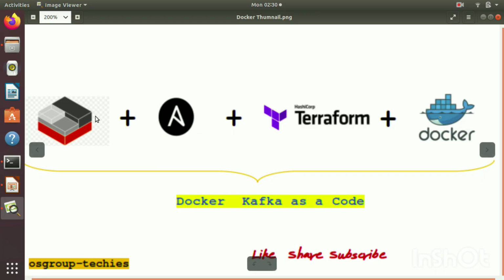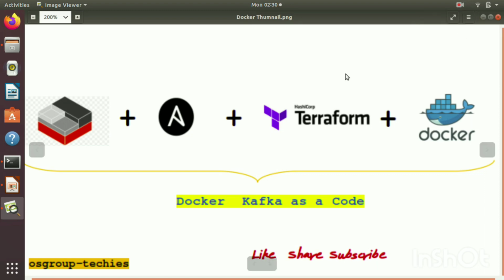Now we are going forward, and we are going to use Linux containers, Ansible, Terraform, and Docker. Linux containers for your infrastructure, Ansible for your configuration management, Terraform for writing the infrastructure as code with Ansible as a provisioner, and Docker. Linux container is a container virtualization technology, as is Docker. The difference is that Linux container is a system container and Docker is an application container. Docker is mostly famous for one-process containers.